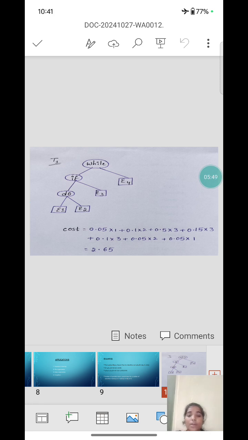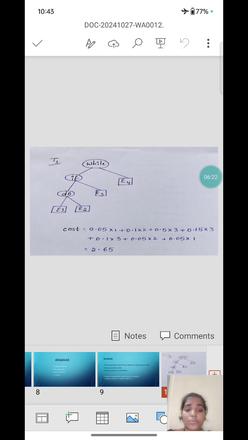That means the profit of "while" 0.05 into the level of that "while", which is 1. For the key values we add profit times level of that node. For external nodes we take the value of that external node times its level minus 1.